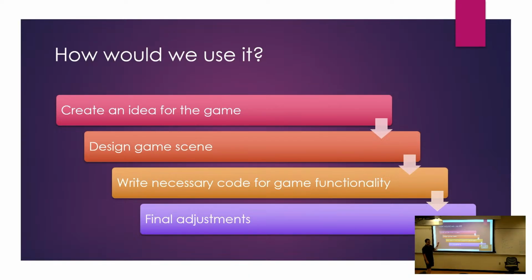And then we're going to have to design a game scene, or think of how we're going to design the game map, or game scene in general, where the player is going to be and where all the interactions are going to be done. And we're going to have to code it, so it actually all works. That's it. That presentation was pretty simple. But that's basically what we're going to do for now, I believe,